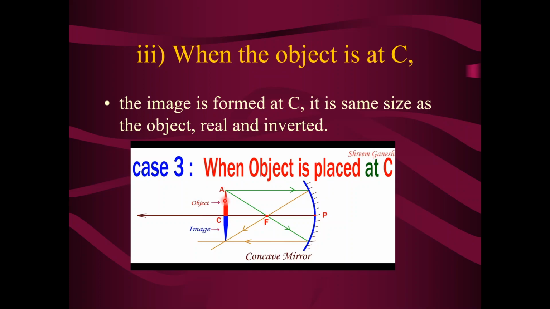Again this is the object you have placed at C. एक एरो हेड बनाइए, फाइनाइट ऑब्जेक्ट. इस ऑब्जेक्ट से दो रे आपको निकालनी है. वन इज पैरेलल टू द प्रिंसिपल एक्सिस. आफ्टर रिफ्लेक्शन इट विल पास थ्रू फोकस. Another ray you can draw is the one passing through the focus. So after reflection from where shall it pass? It will become पैरेलल टू द प्रिंसिपल एक्सिस. जहाँ कहीं भी मीट हो रही होगी वहाँ इमेज बनेगा. And if this distance is equal as you have taken, then exactly the image will be formed here only, that is at C.